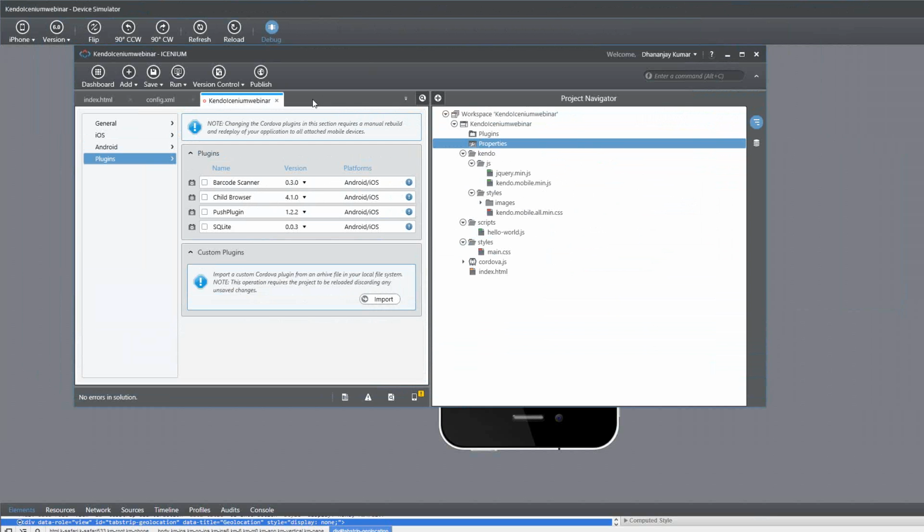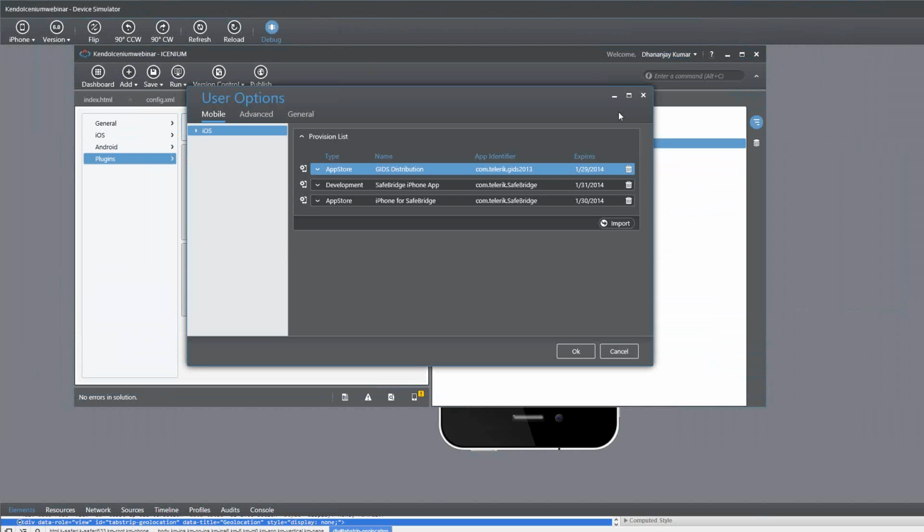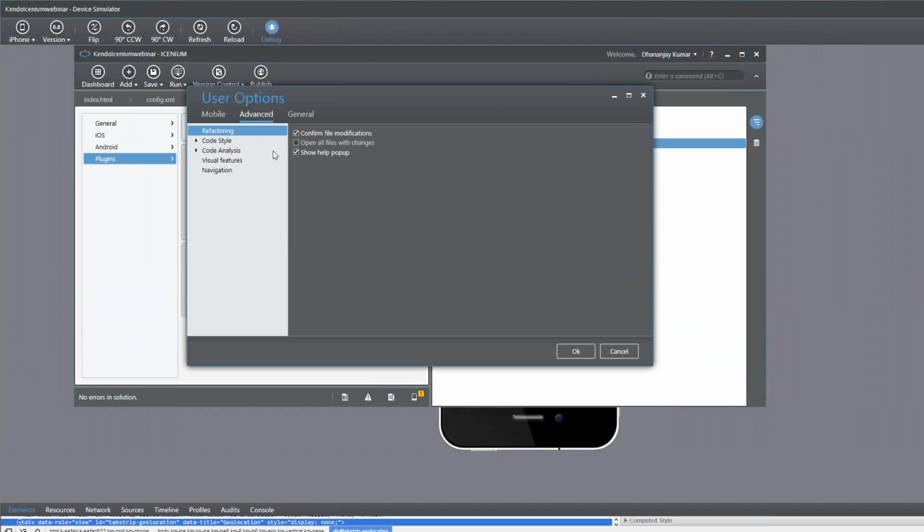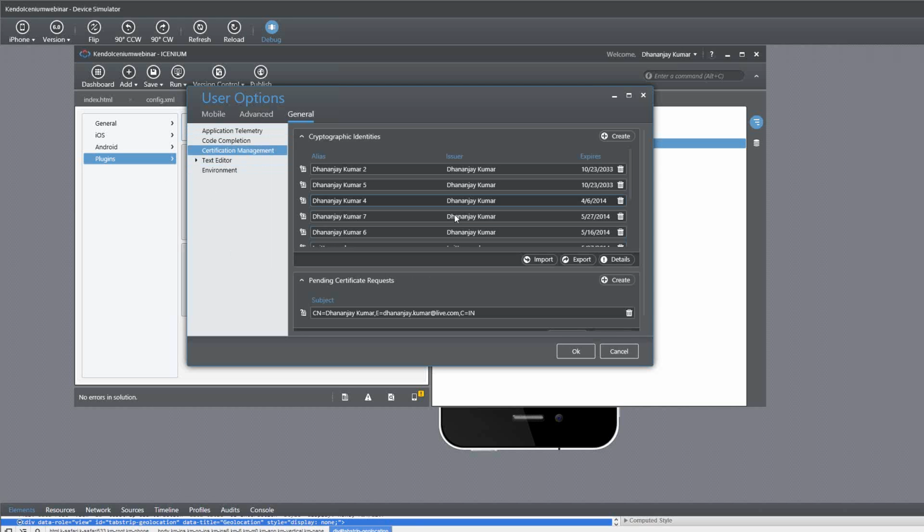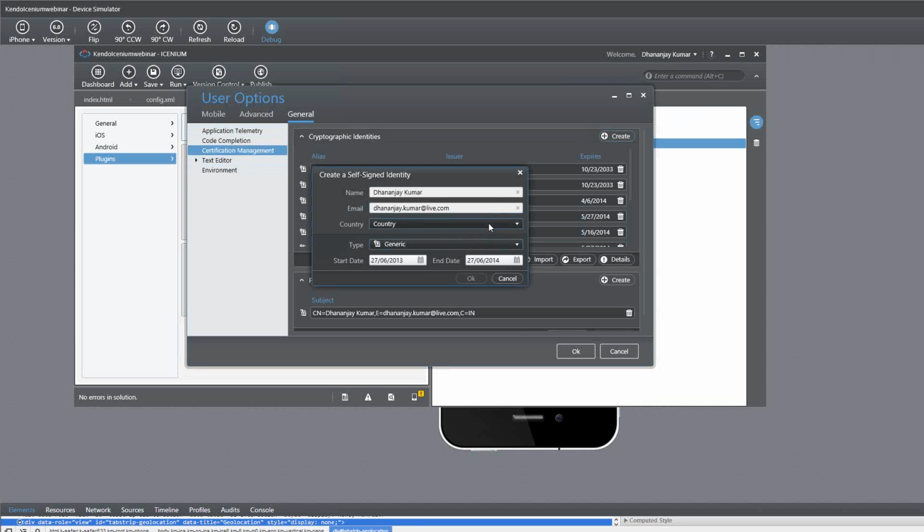If you want to create a certificate in Icenium, it is as simple as this. You go here and say, go to Options, and here you have different options available. You go to Advanced, and here go to General, and here you have Certificate Management, which you can select. And here I have already created a few certificates. If you want, you can create a new certificate and choose your country,